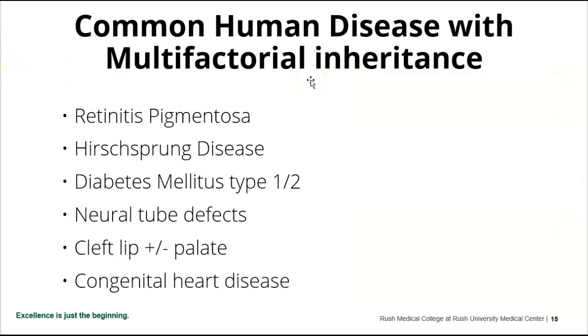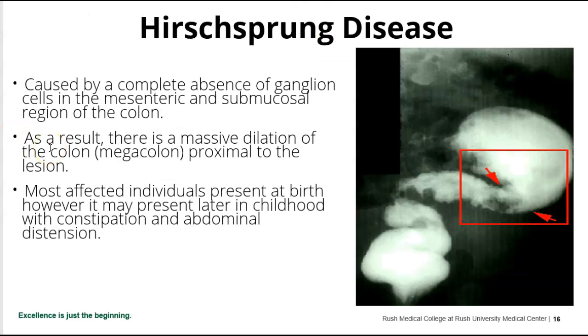Common human diseases that show multifactorial inheritance include retinitis pigmentosa, Hirschsprung's disease, diabetes, neural tube defects, cleft lip and palate, and congenital heart defects. So I want to talk about Hirschsprung's disease. And Hirschsprung's disease is caused by a complete absence of ganglionic cells in the mesenteric and submucosal regions of the